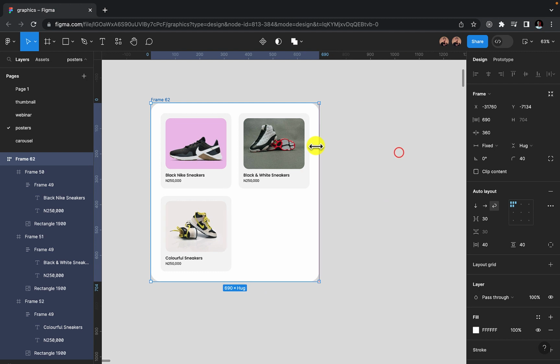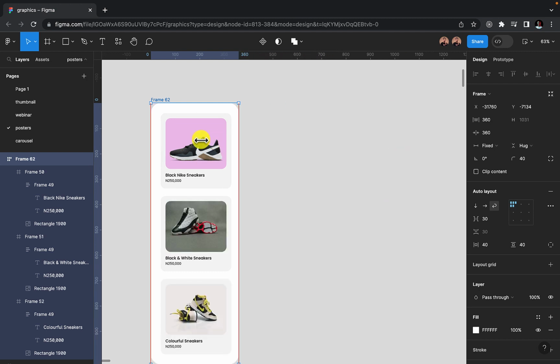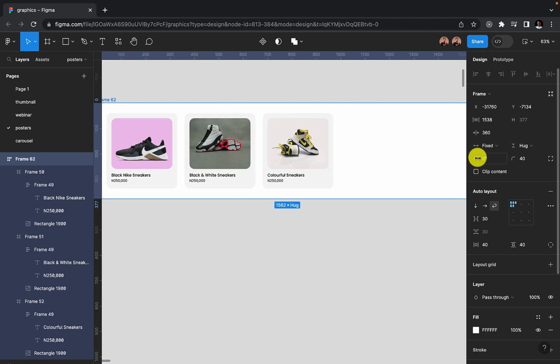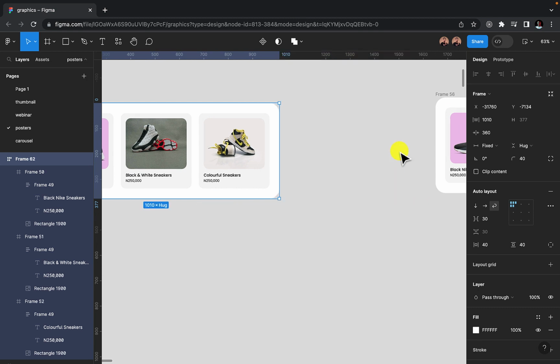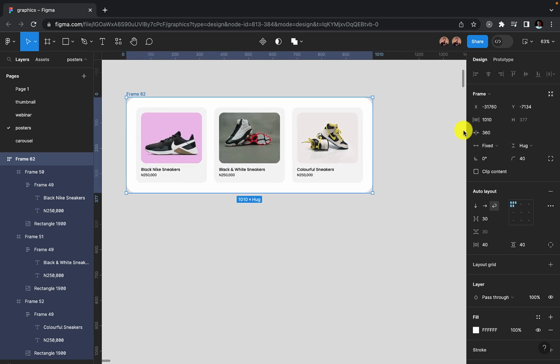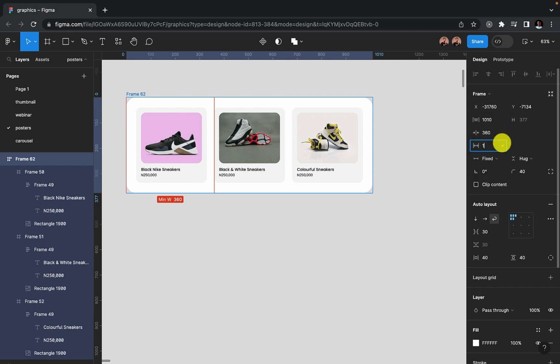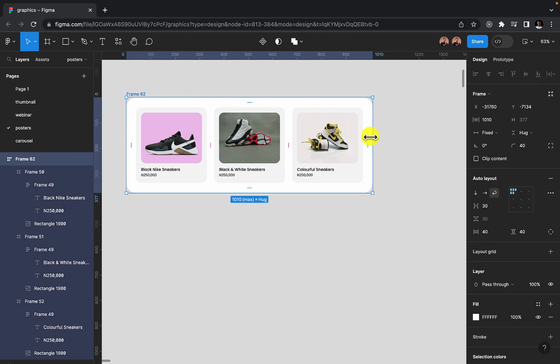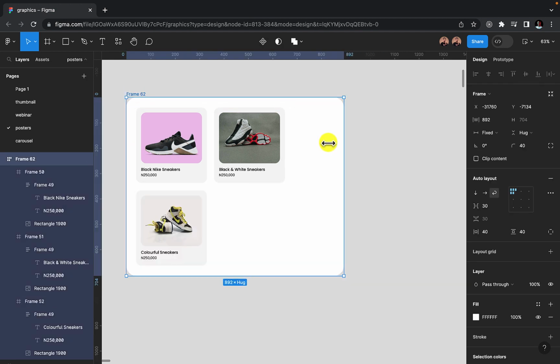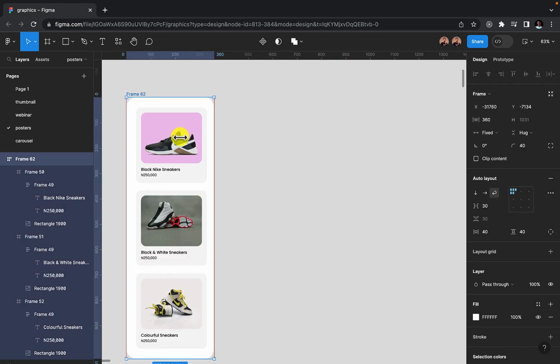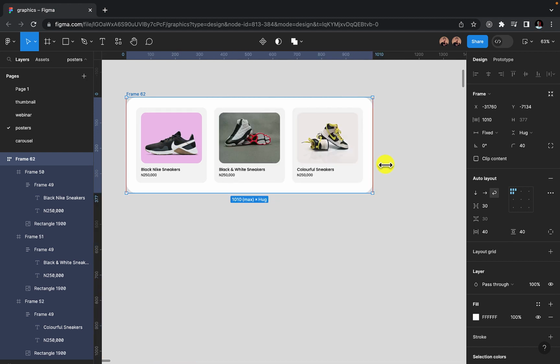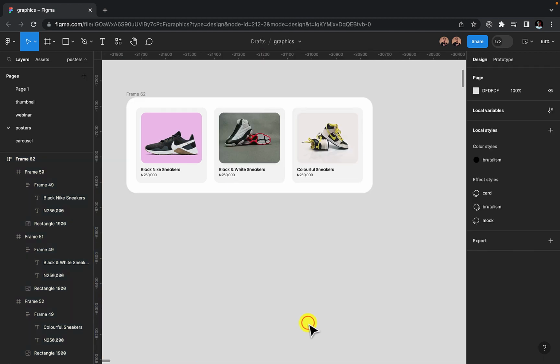But let's leave the maximum width. So you could see now I cannot go lesser than this, but I can still go way more than this. So I can choose to add maximum width too as well. So I can come over and say add maximum width 1010. Right, so with this now, this cannot be resized higher than this and can also not be resized lesser than this, right? So this makes the whole thing really responsive. So that is how you work with the new changes on Figma, the minimum width, the maximum width,